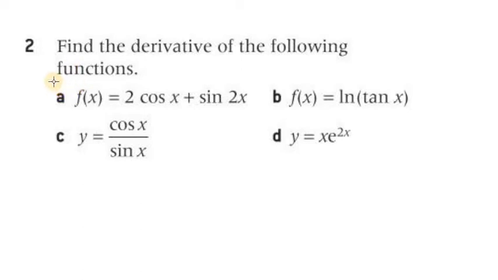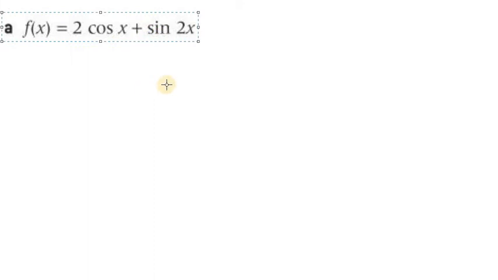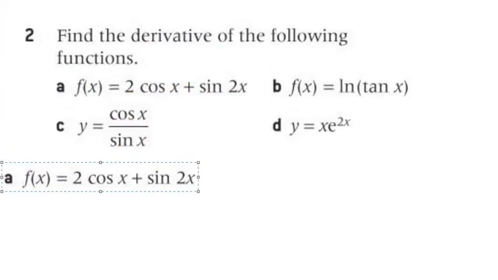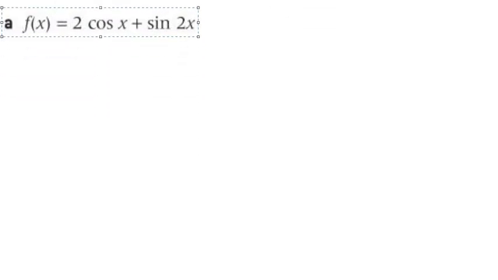Let's start from question number 1. Let me copy this and then bring it down. Paste. Okay, so the first question is f(x) equals 2 cos x plus sin 2x. We have to find the derivative. So to solve this,